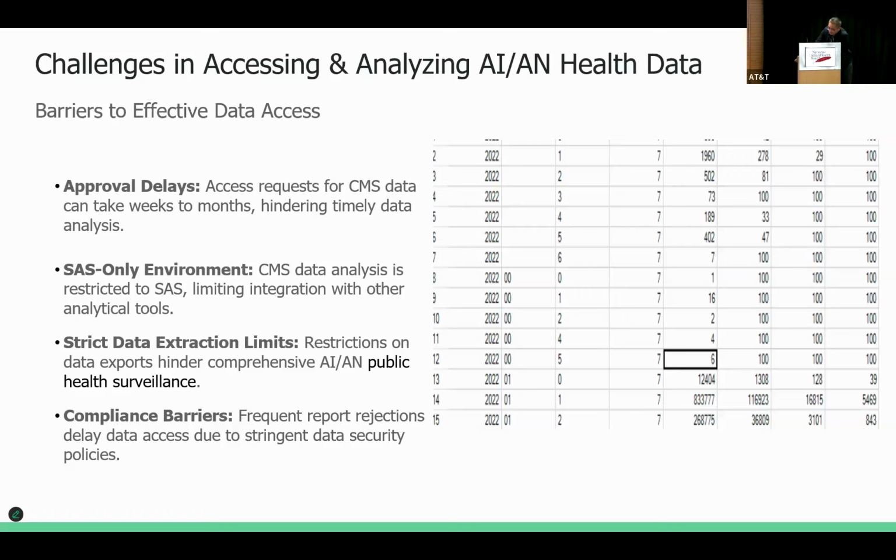Some of the Indian populations, which I'm interested in, involve extracting information from the Indian populations across different states and studying chronic conditions. There are about 30 chronic conditions in the CMS data. And some of those populations are very small. For diabetes in certain states, literally there are only a few.